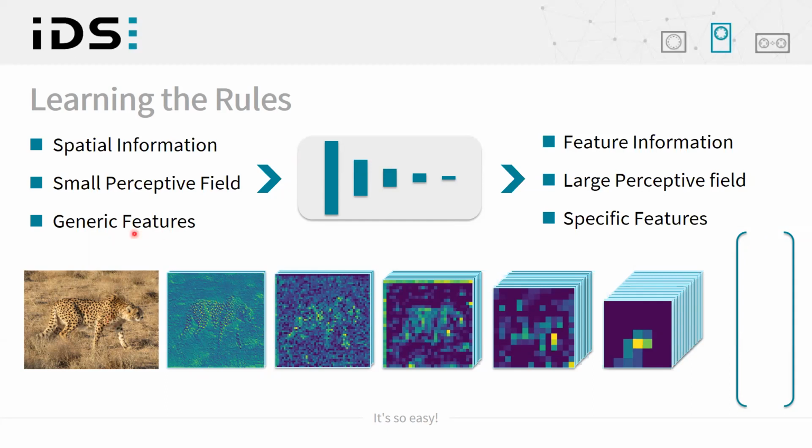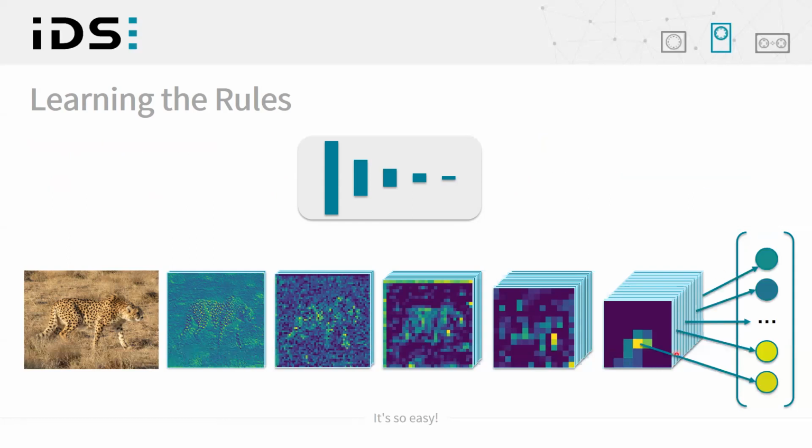And accordingly, we go from very generic features in the first layers, like simple color gradients, contrasts, and edges, to very specific features where the filters can already extract parts of the cheetah, like the leg or the head. Now, this information is compressed even more. We can only take the strongest or most relevant pixel from each of these feature maps and put them in such a vector, where the green dots mean the feature has not been found in the input image, and the yellow ones mean we found a certain feature here.